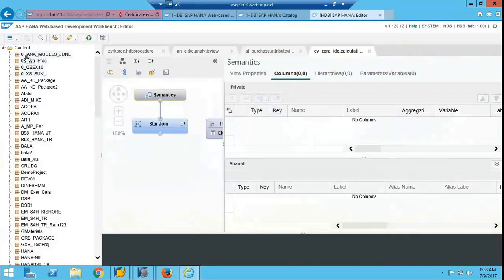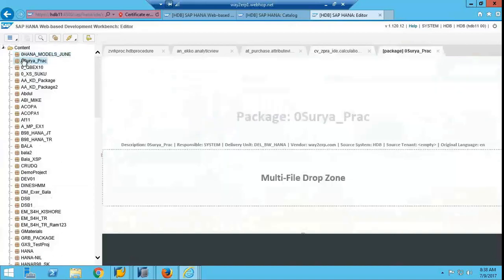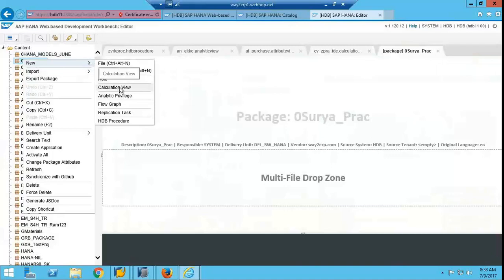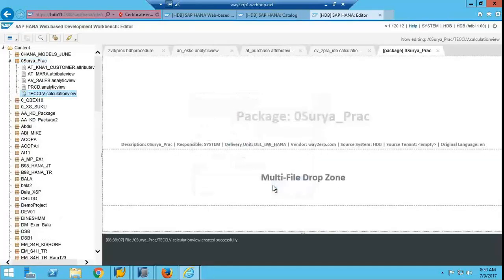So if you want to create anything, just right click, new. Let's see here in this package, right click, new, calculation view. Graphical or script based? Graphical, create.